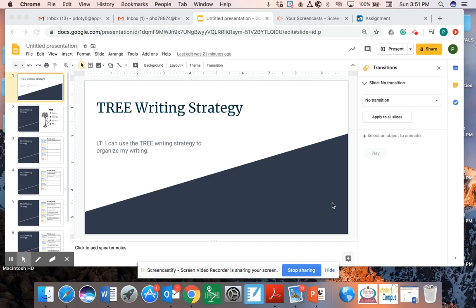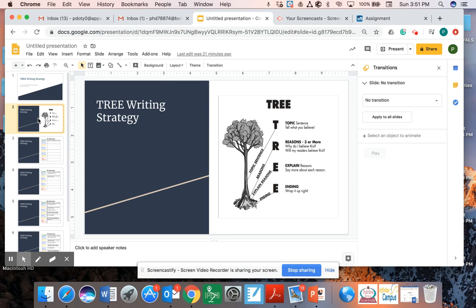Hi, this is the TREE strategy designed to help kids organize their thinking and their writing. I would probably use this with my fifth grade group of kiddos that I work with on reading, both reading and writing. The strategy, which you would teach the students prior to this, stands for topic sentence, reasons,